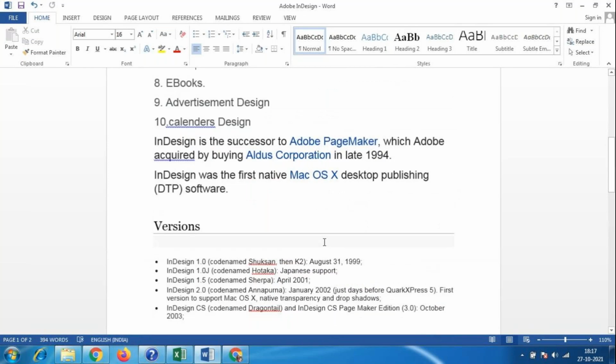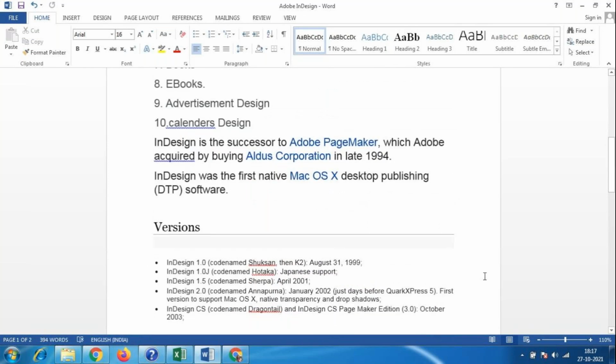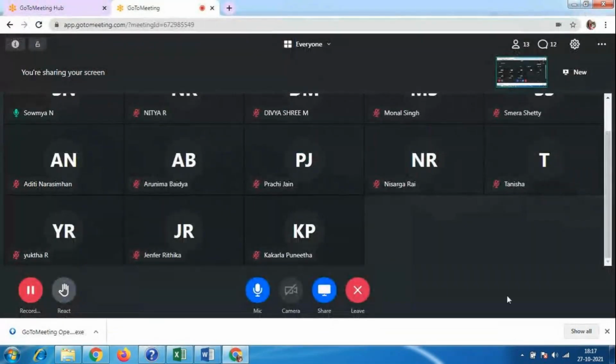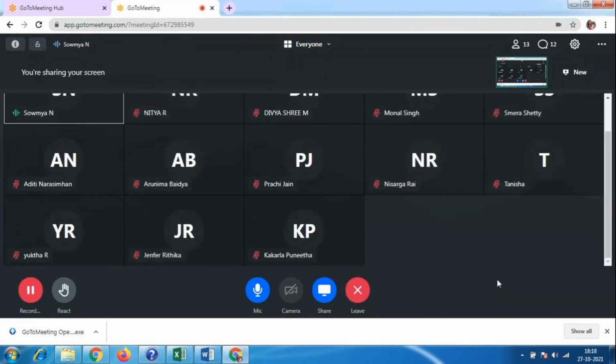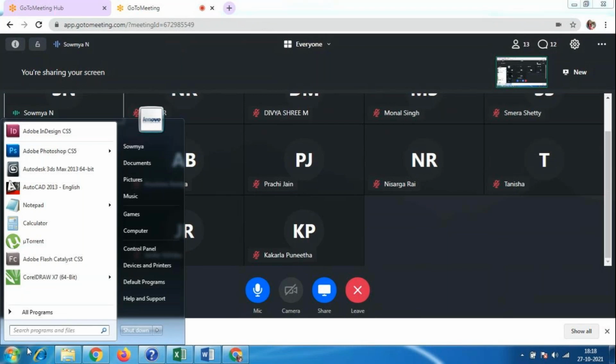So we will go to the software. Does anybody have any doubt about the InDesign software? Can you tell me some of the things which we can create, ma'am? Nobody? Okay, so we will go to this software, start, and my software which I have downloaded. You people know how to download the software, right? All have downloaded the Photoshop software.